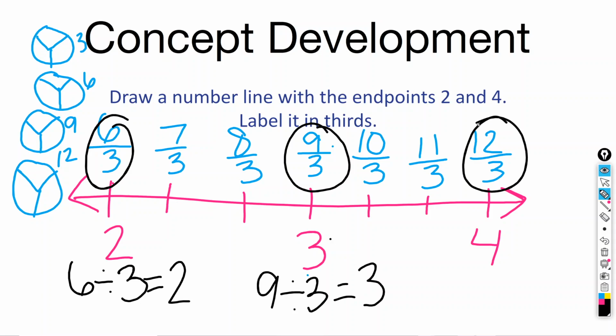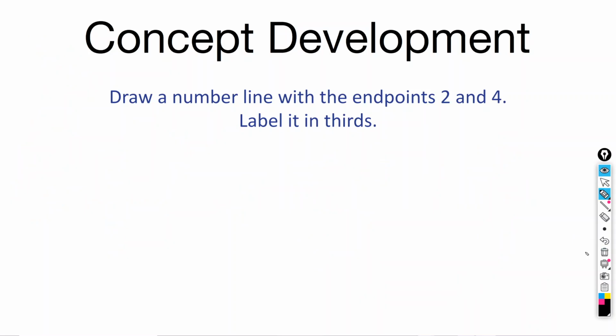And last of all, 12 divided by 3. Count by threes. 3, 6, 9, 12. You had to count 4 times, so 12 thirds is 4 wholes. Okay, so that's kind of 3 different ways to visualize and figure out how to write those fractions for those whole numbers. So that takes us to our